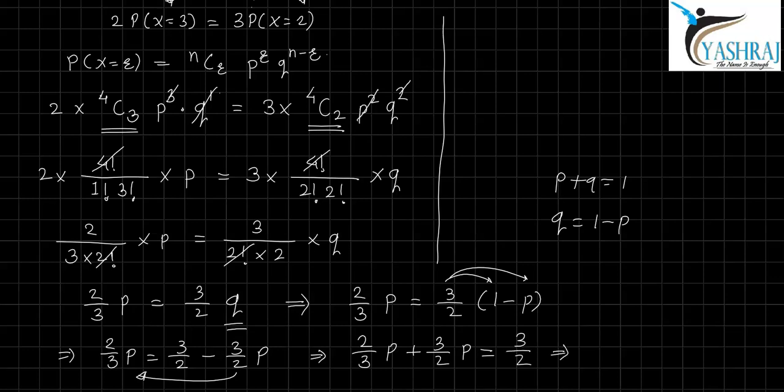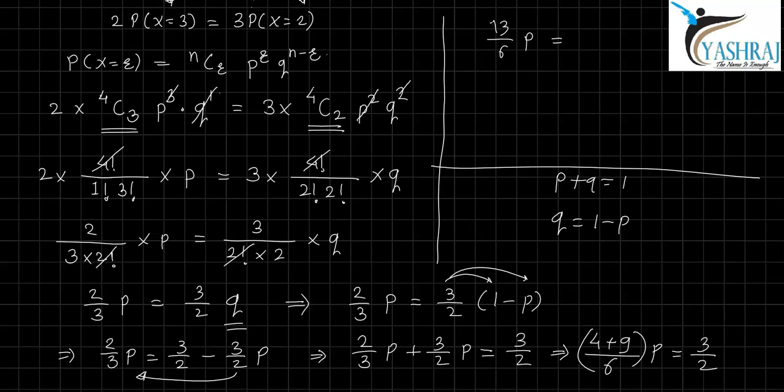Now just by making cross multiplication over LHS, after all taking p common, we might get 2 2s are 4 plus 3 3s are 9 divided by 3 2s are 6, that is equal to 3 by 2. So we might have here 4 plus 9 becomes 13 divided by 6 times p is equal to 3 by 2. Now for finding the p value, try to shift that 13 by 6 from LHS to RHS. So it might be your 6 as your numerator and 13 as your denominator.